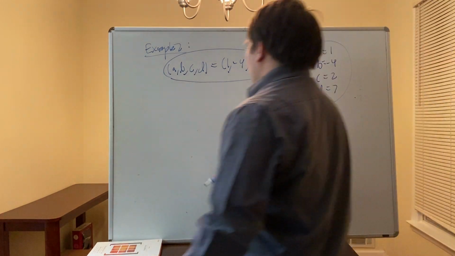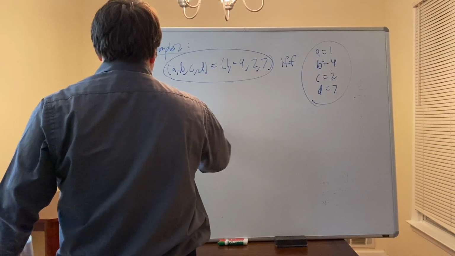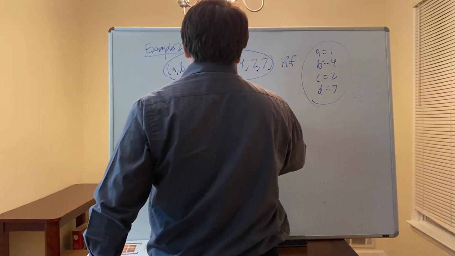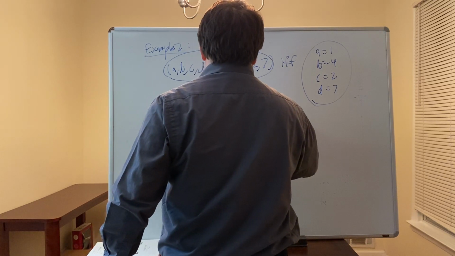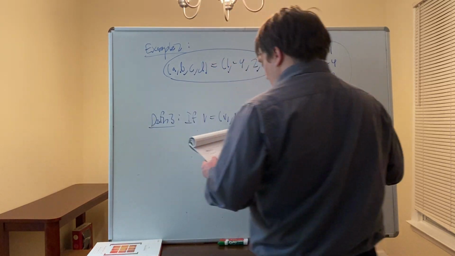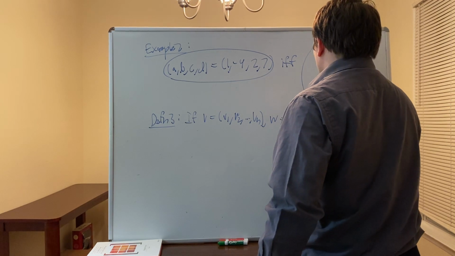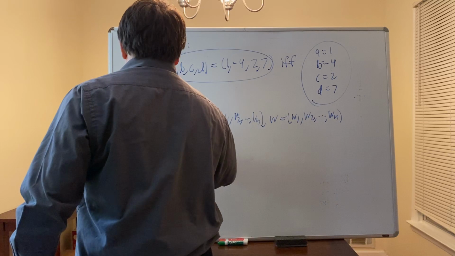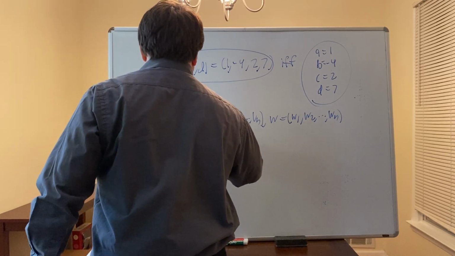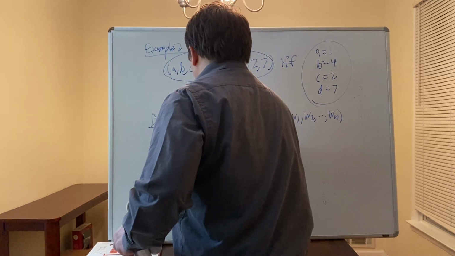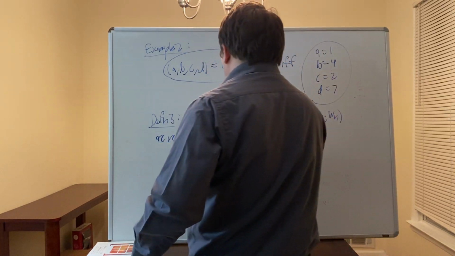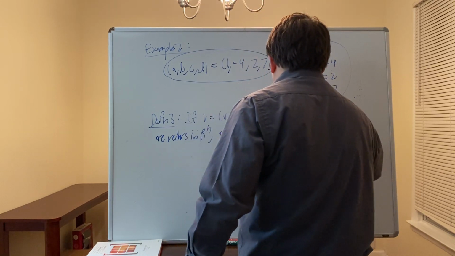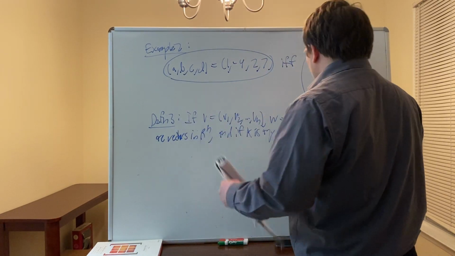Okay, definition 3. If the vector v, (v1, v2, ..., vn), and vector w, (w1, w2, ..., wn), are vectors in n-space, I'll abbreviate this in the future, but right now I'm going to write all that out. Are vectors in n-space, and if k is any scalar, then we define